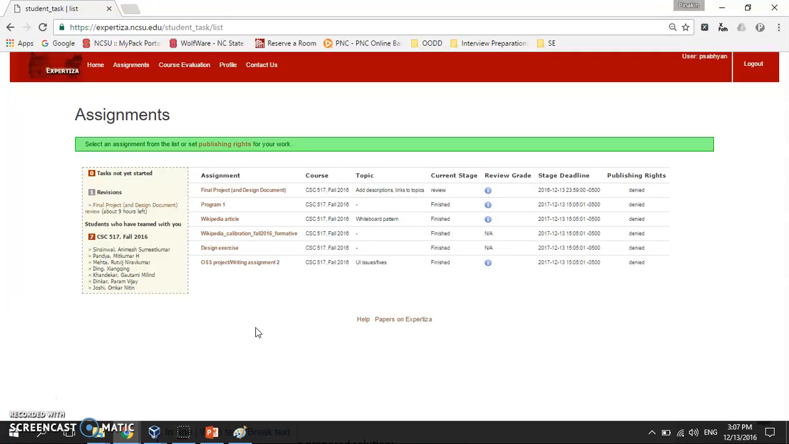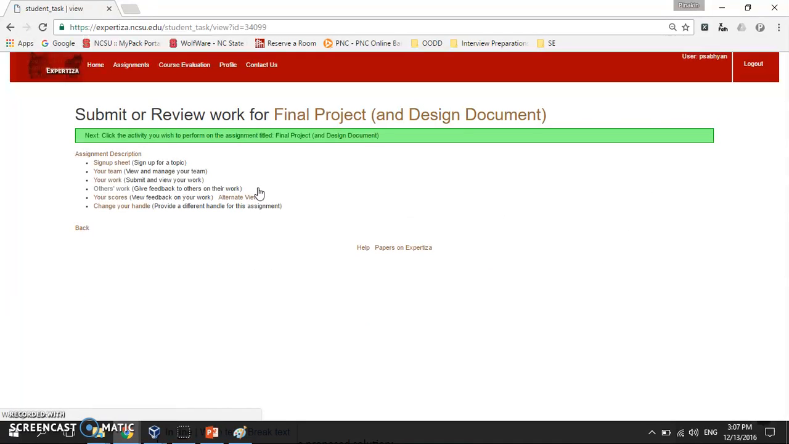Teams had to choose a particular topic to work for in their projects. So as you can see, this is Expertisa's main page where you can see the projects and assignments. Once you select any of the assignment, you have to go inside the sign up sheet and then select for